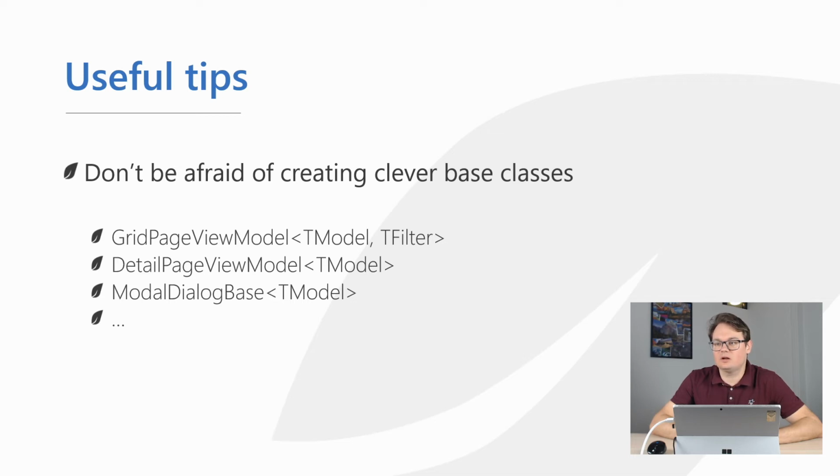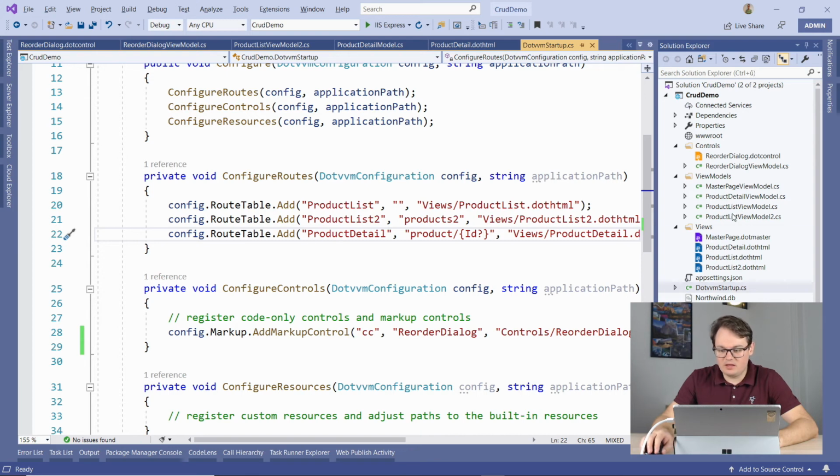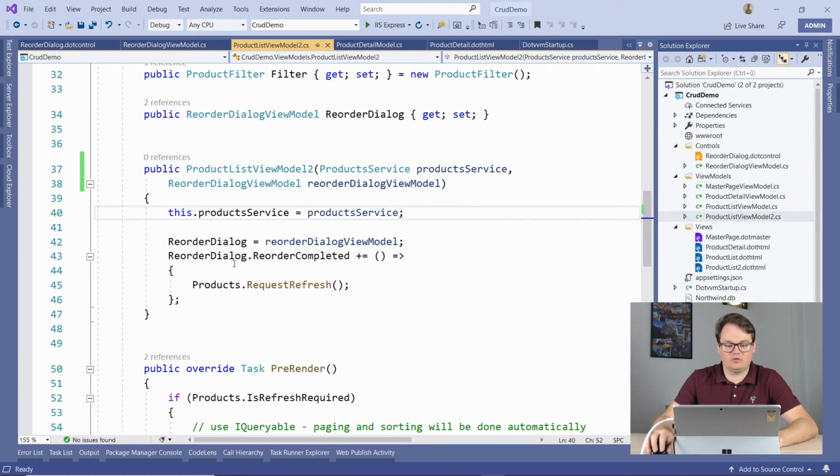Reorder completed plus equal statement. I'm not sure if I follow. Maybe I hope that I understand the question correctly. But in this case,